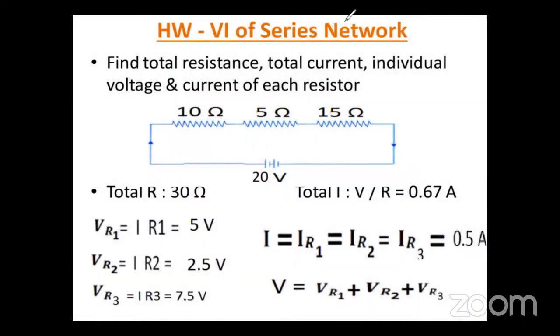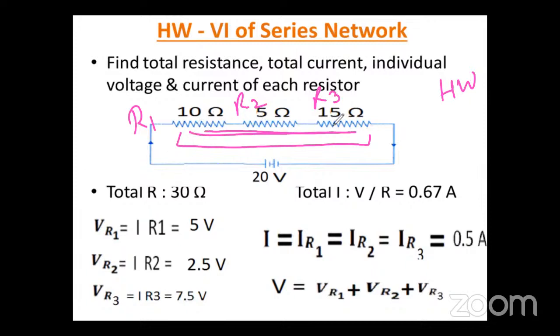See this one, this is also homework, I'll just tell you the hint। यहाँ पे क्या, we have 3 resistors connected in series, so no need to take tension। This one is R1, this one is R2 and this one is R3। ठीक है, so what is the total resistance? इस सब का एडिशन करो, 10 plus 5 plus 15, आंसर is 30। मैच हुआ। Once you have the total resistance, use the Ohm's law, total voltage कितना है V, so I is equal to V upon R, that means 20 divided by 30, आंसर 0.67 आएगा।